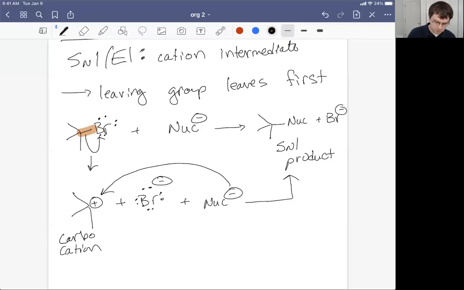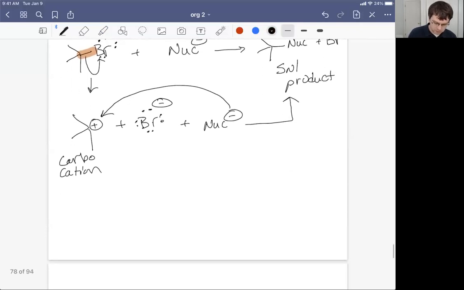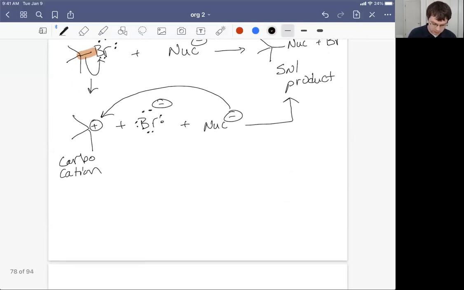Okay. So this is the SN1 product, but what about the E1 reaction? So in the E1 reaction, we actually take that same carbocation intermediate and we form an alkene as the product. Now, what we do with the alkene is we actually lose a neighboring hydrogen to get to the alkene. So what I'm going to do is I'm going to redraw my carbocation down here. But I just want to emphasize